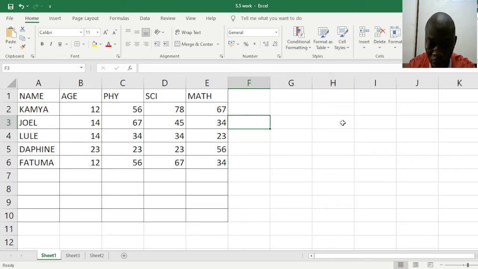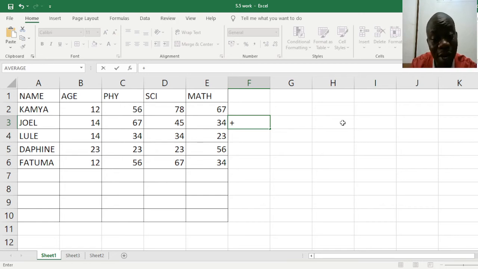Yes, we have the plus. It is a mathematical operator we use to perform calculations. We have the minus. We have the asterisk for multiplication. We have the forward slash for division. Yes, and some others. So in any calculation we shall perform within our spreadsheet, we shall use such operators